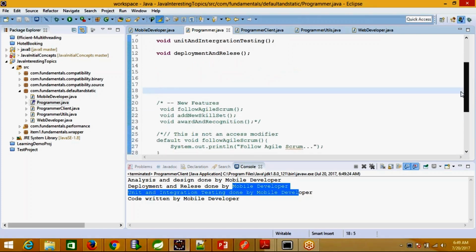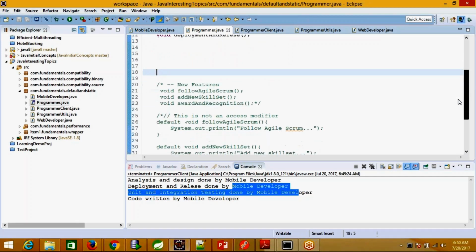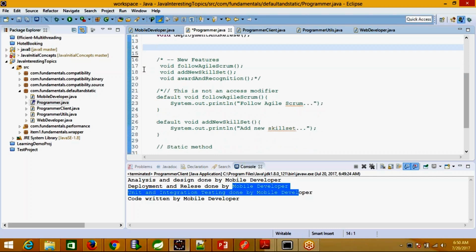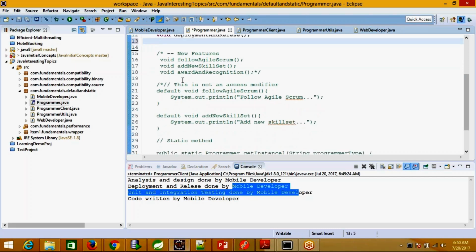You want to add three more features along with your program. There could be a few possibilities for that, and we will look into those now. If you want to add new features into your interface, what are you going to do in those cases?